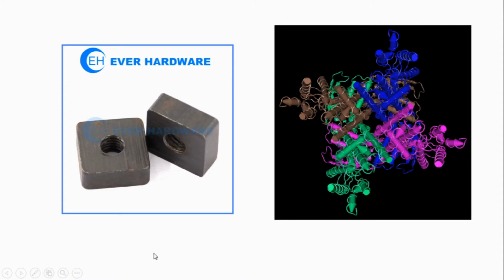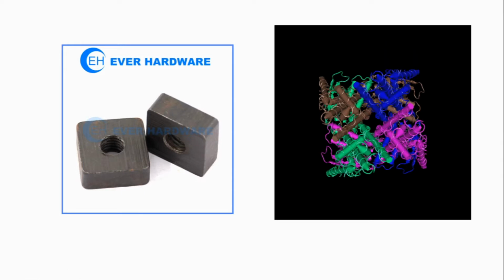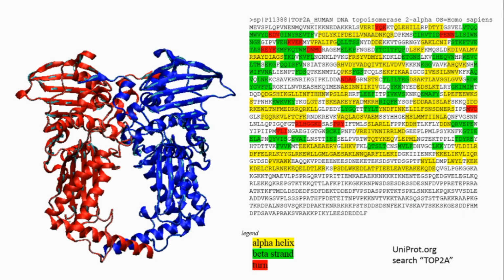Here is another example of symmetry. On the left, in the man-made world, we have these square nuts, and on the right is an ion channel. And maybe just to exaggerate a little bit, I'm going to modify the picture so you could see the symmetry that I'm seeing. See it there? It looks a little bit like a square nut if you look at it from that perspective. So symmetry is very important, and that's just one part of building a multimeric protein.